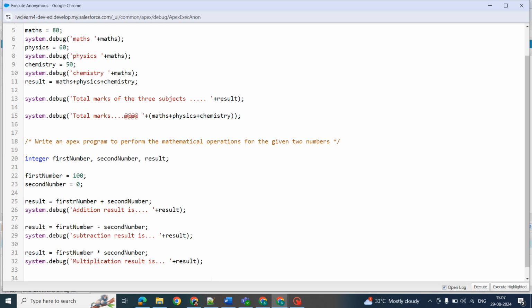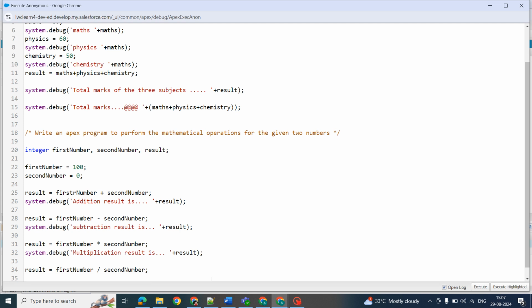So result is equals to first number divided by second number. System.debug division result